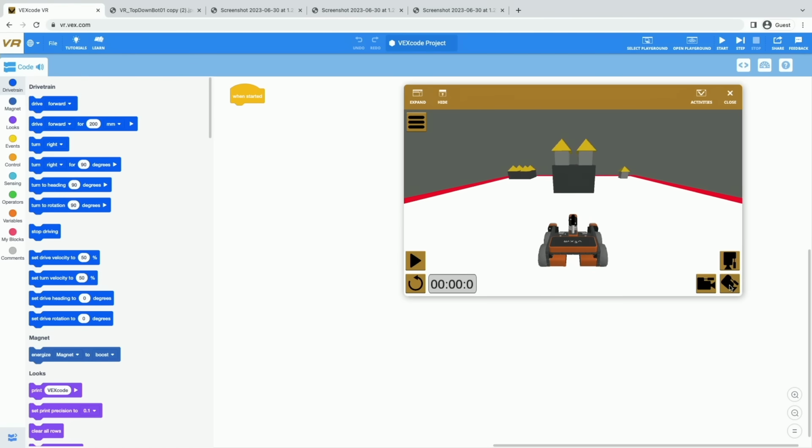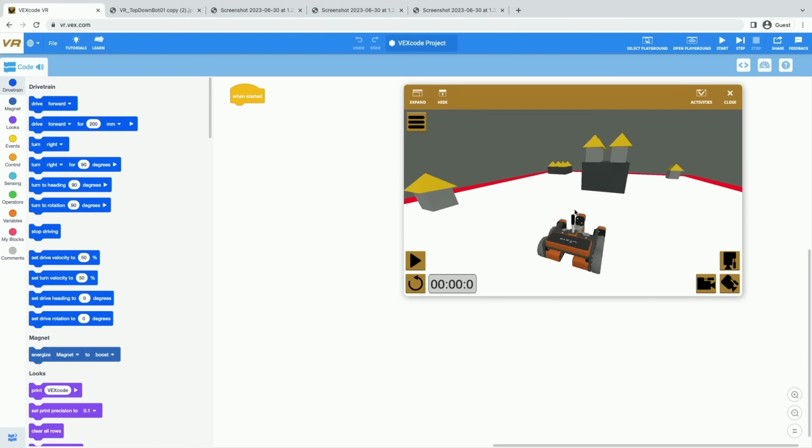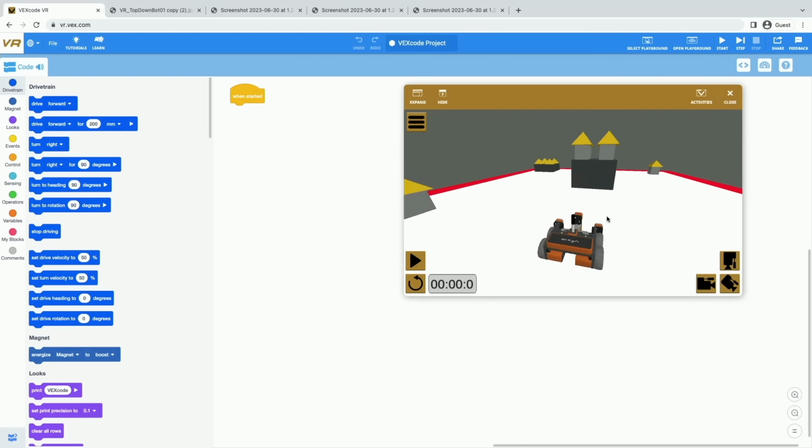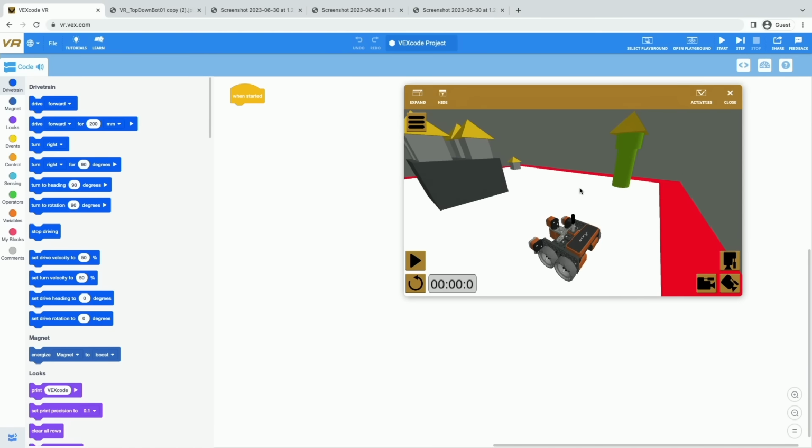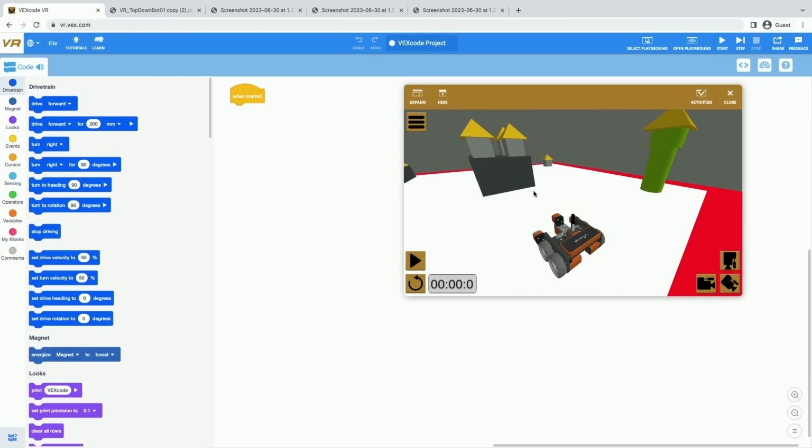So now let's select that, and now we can see, whoa, look at those castles come to life. We can see that they're different sizes, they're different heights, they're made up of different kinds of blocks. And if I click and drag on this field, I can turn it around so that I can look around and see all kinds of different stuff. Whoa, look at that castle over there. It's got green blocks in it.